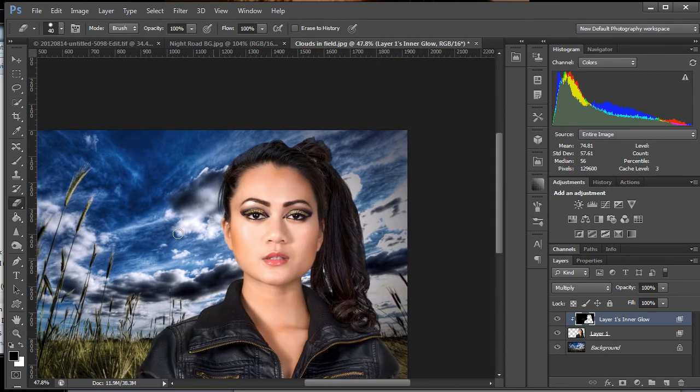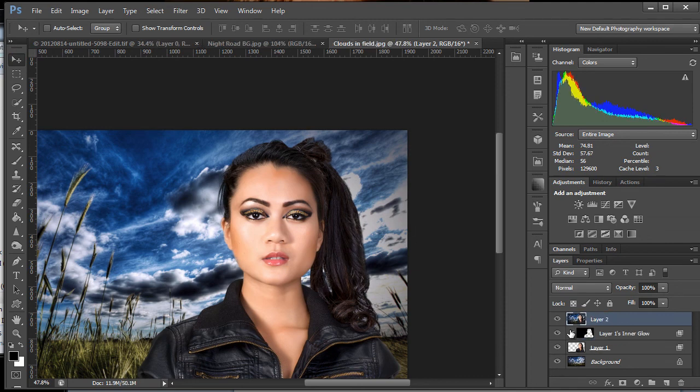Notice how the sky's coming through the hair. Everything looks good. Ooh, we don't want to do that. Control Alt Shift E or Command Option Shift E on the Mac to create a new layer. And now we've got a complete layer of